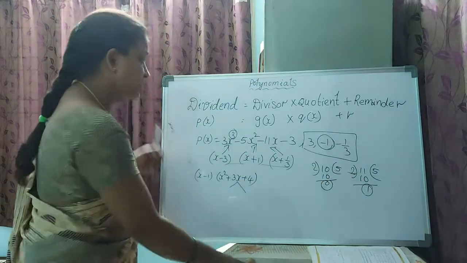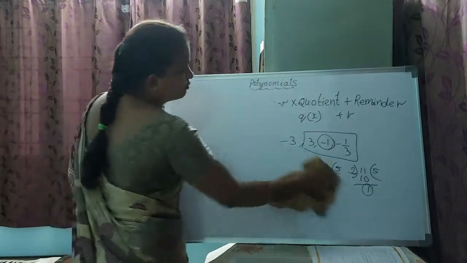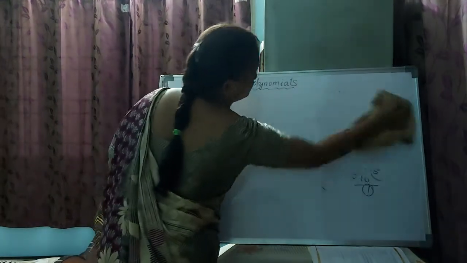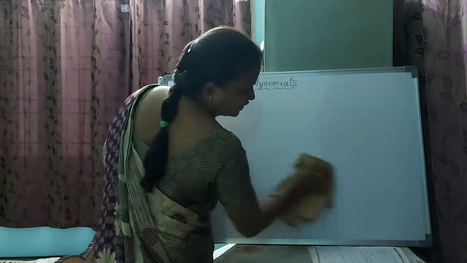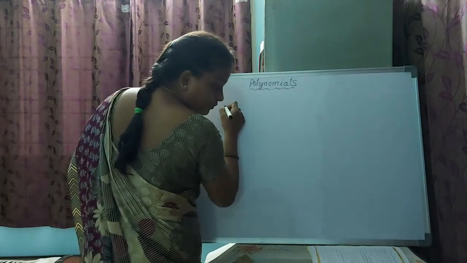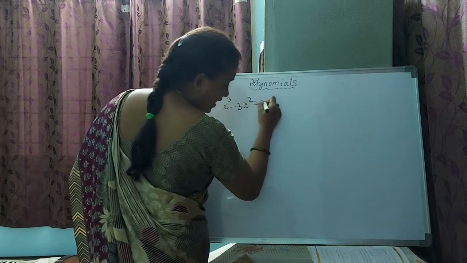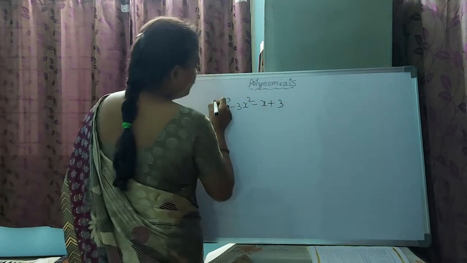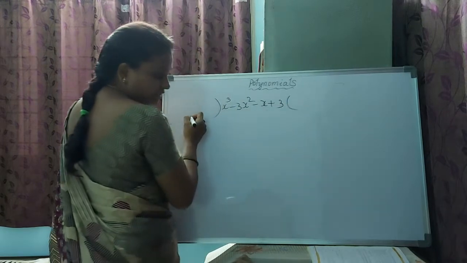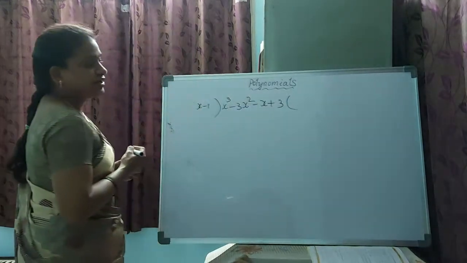In the same way, here also in polynomials, we have to take the degree of the polynomial. See here, x cube minus 3x square minus x plus 3. If you divide this one with x minus 1, for example,